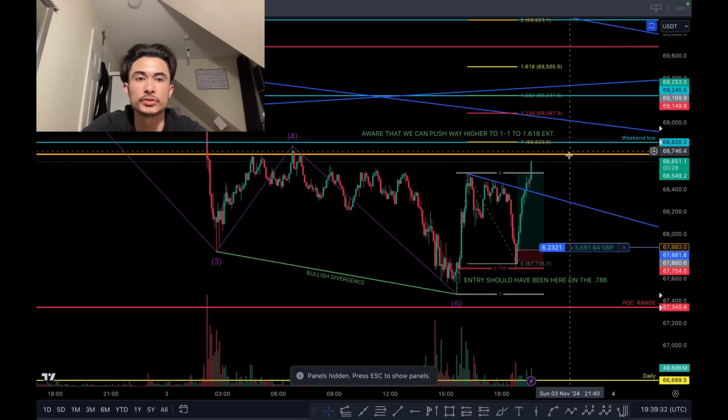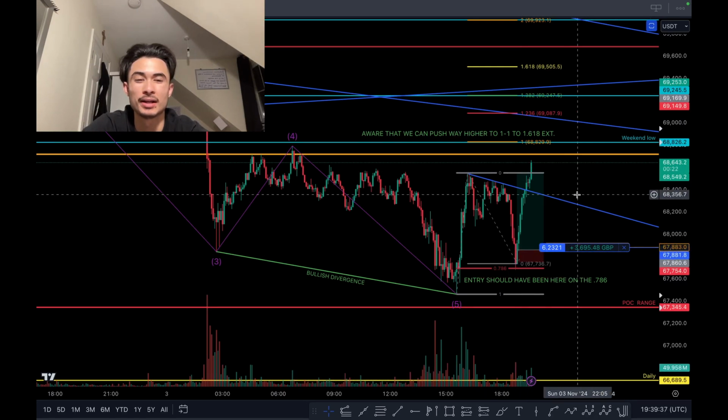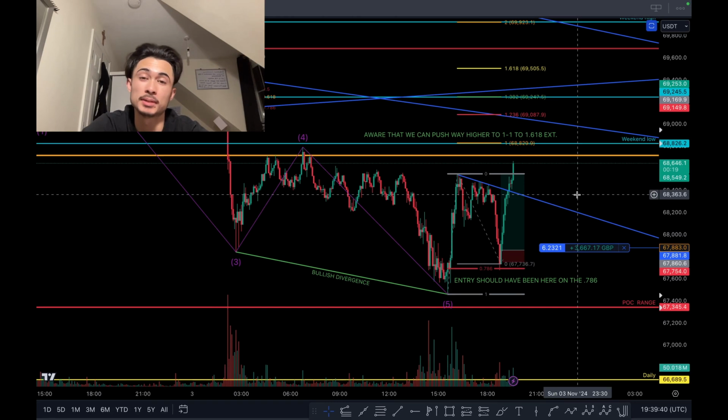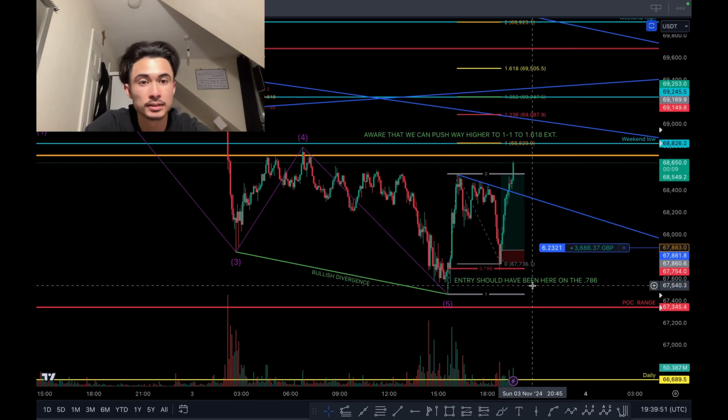Alrighty, guys. As you can see, TP1 hit. Can't complain. Up 3.6, unfortunately on my paper trade, not on my MT5, but it's cool because I'm practicing not taking all the trades, not taking all the setups, waiting to pounce on that one setup. And this setup just happened to be the 786 setup that, you know, I've been dreaming of.